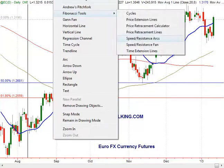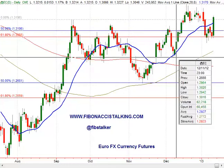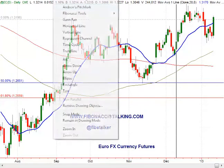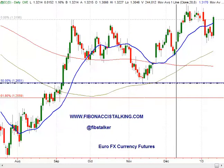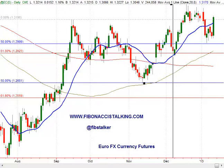The first level of support was traced from this anchor here, 128.90 area, and as we can see, price came below the 130.55 level. This was a threshold that I suggested you watch in order to understand whether this 131.10 area would act as a support. This didn't happen, clearly, as we can see from the chart. What happened is that we held on the other side. The next area of support was in the 130 area, and as we can see in the